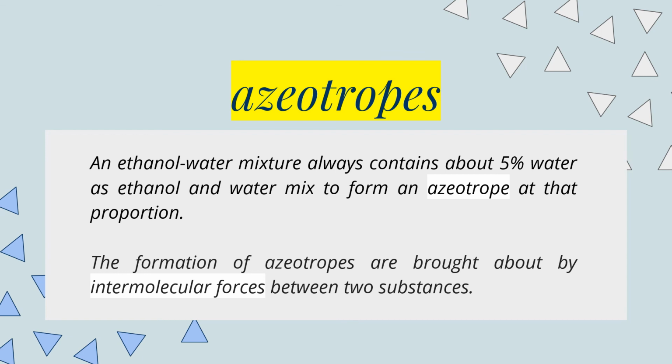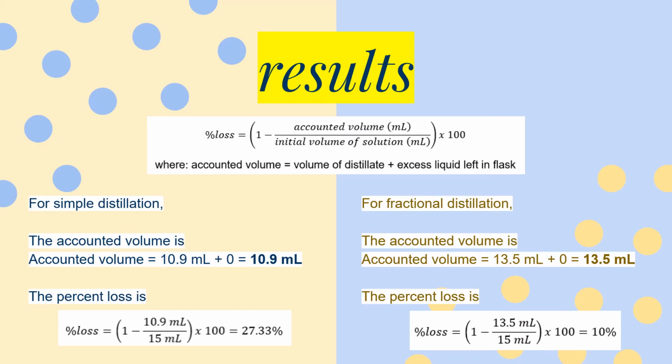On the other hand, azeotropes with phase diagrams that deviate negatively from the ideal diagram and reach a maximum have a higher boiling point than either of its components. The ethanol-water azeotrope is part of the former type, as this azeotrope has a lower boiling point than both ethanol and water. In determining the amount of solution that can be accounted for from the original 15 ml sample volume,